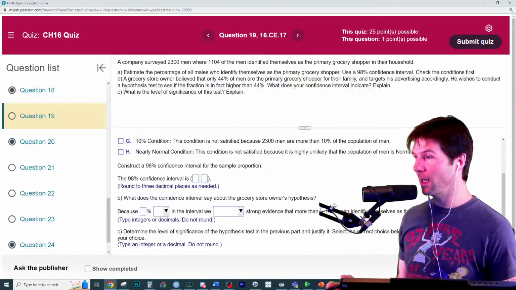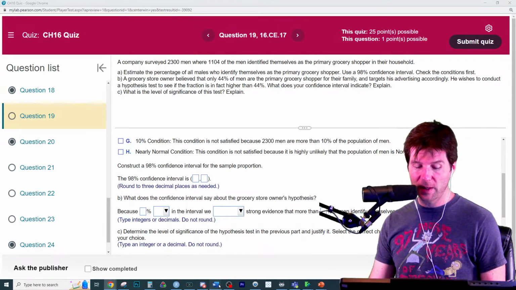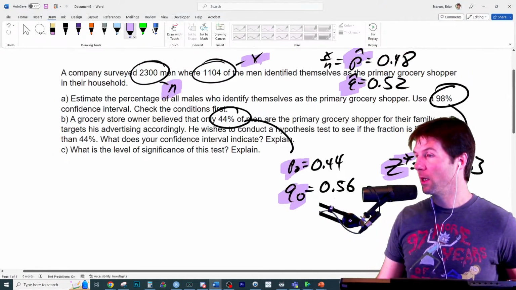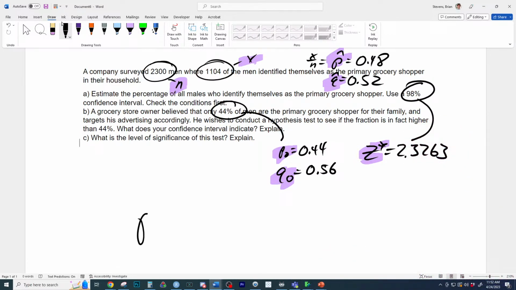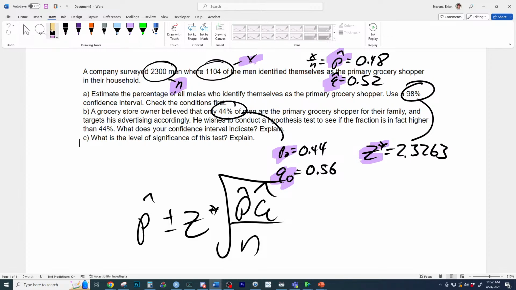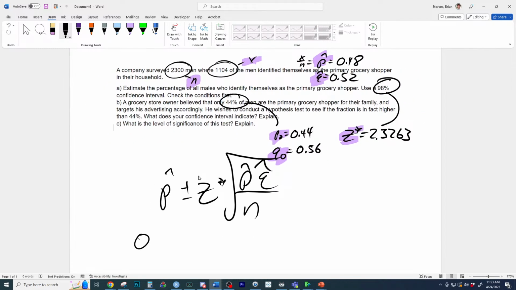Next, we have to construct the 98% confidence interval, and this basically goes to solving the equation. Marking the notation is a huge step that we always want to do at the start of every problem so we know what formulas we're using, because now we can go to the formula sheet and get the following equation right here. That is a Q hat, worst Q I've drawn in a while. Now just plug in the numbers. So P hat of 0.48 plus or minus Z of